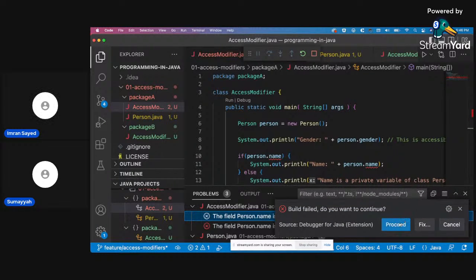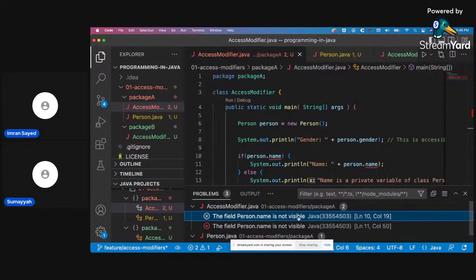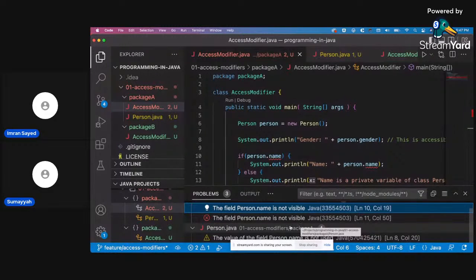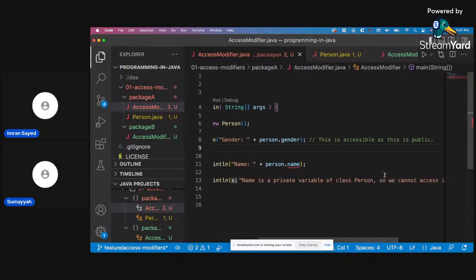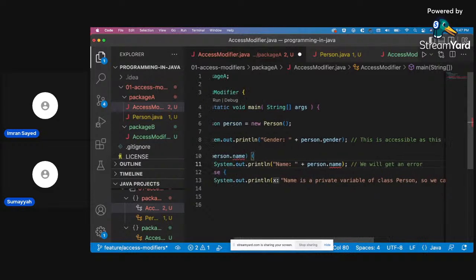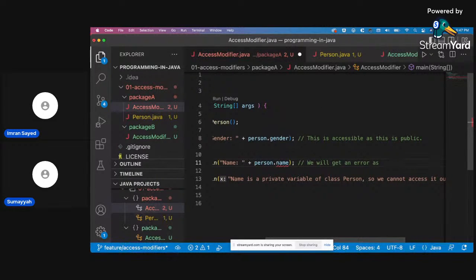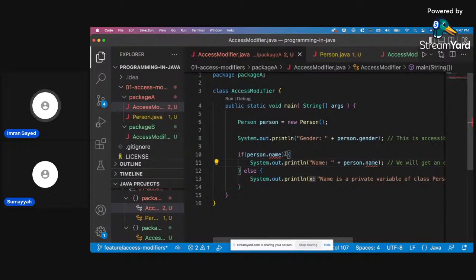No, I got some error. Fine. But we'll still keep it like this because we want to show that there's an issue. We will get an error as it is protected. Fine. I think it's good enough.